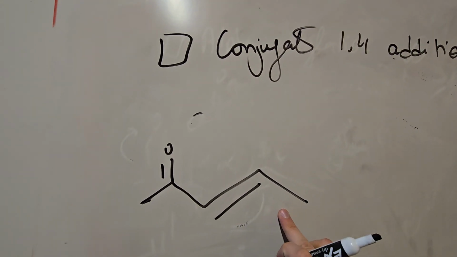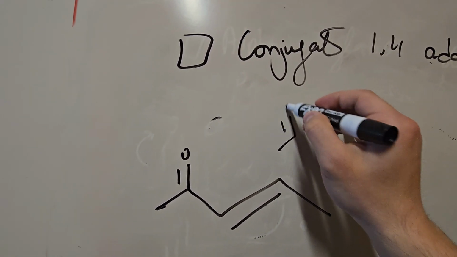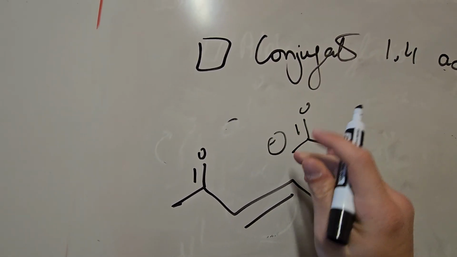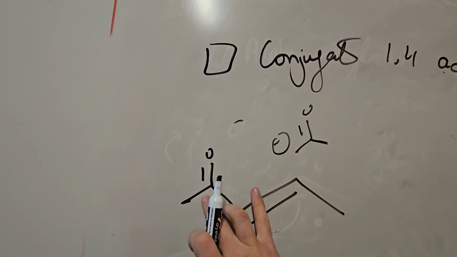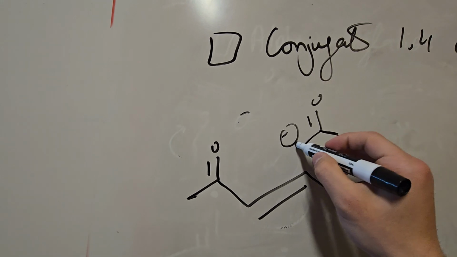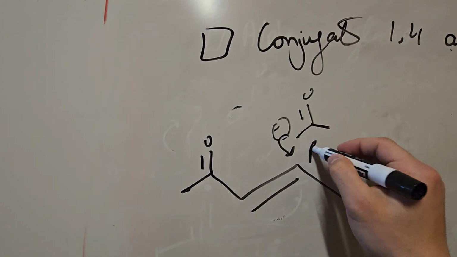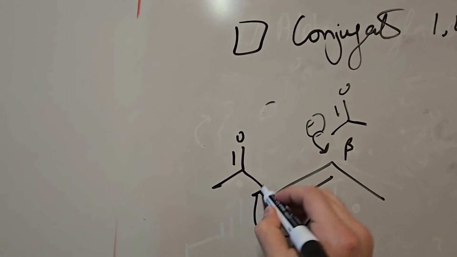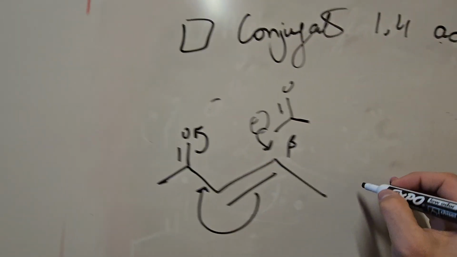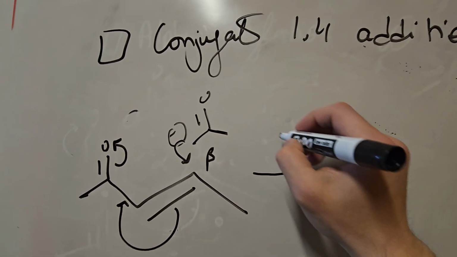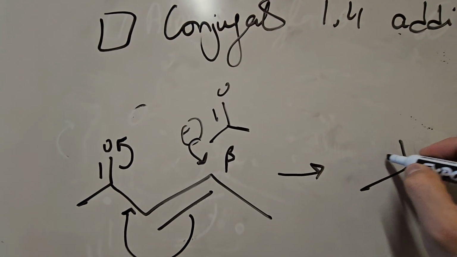With this alpha beta unsaturated ketone, an enolate could add 1,2 directly to make an aldol, or 1,4. In order to perform the 1,4 reaction, we'd add the enolate here at the beta carbon. The pi bond will shift, and these pi bonds will break and go to the oxygen, so that we have